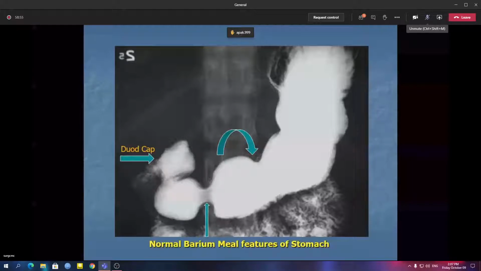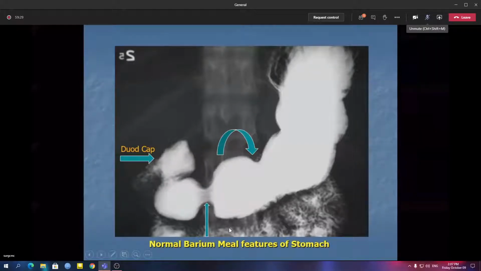Please don't make the mistake that many times in endoscopy we see they put a scope inside and write in the report that duodenal cap is deformed. No sir, the endoscopist cannot say from inside whether the duodenal cap is deformed or not. They can say the scarring is there. But duodenal cap is an exclusively radiological feature, the triangular thing which is found in normal individuals, and it is distorted in the case of chronic duodenal ulcer.